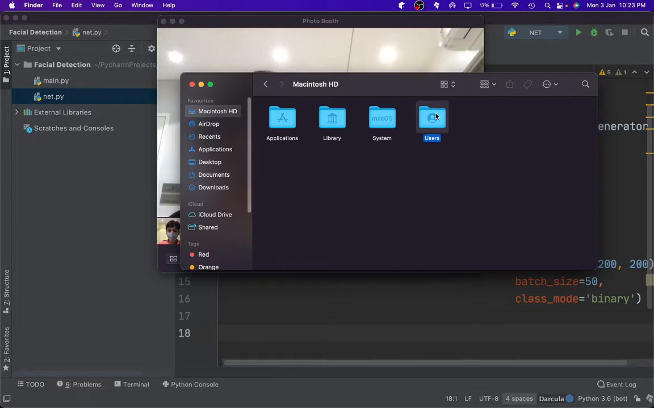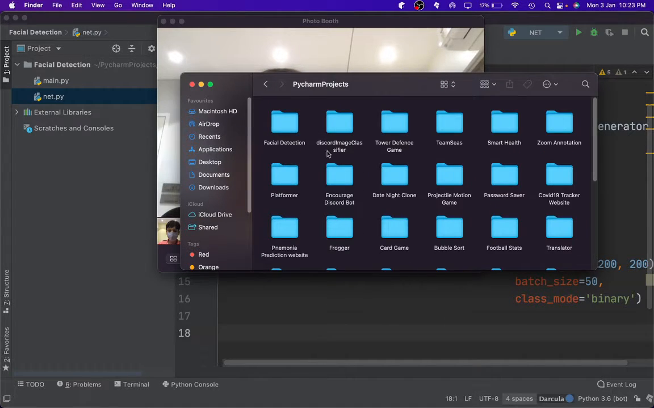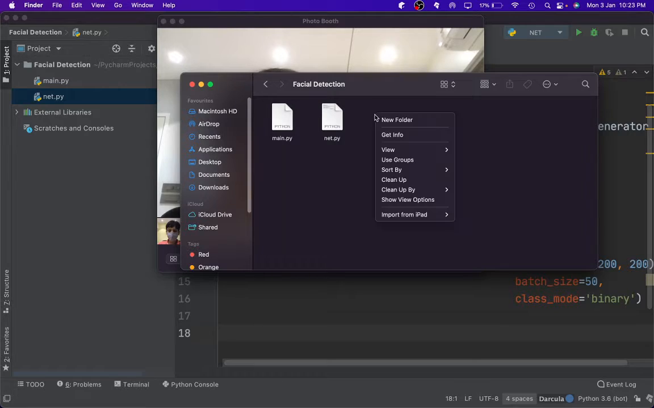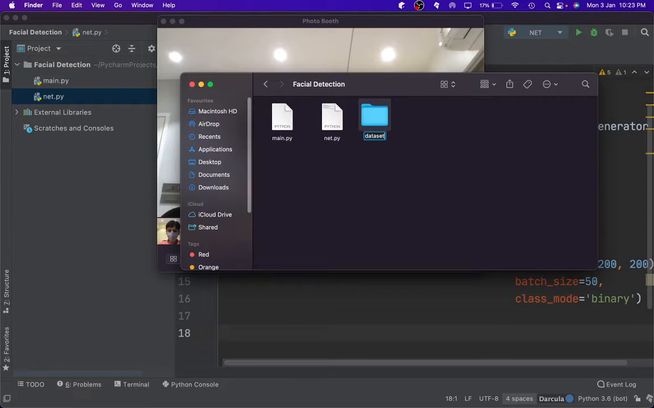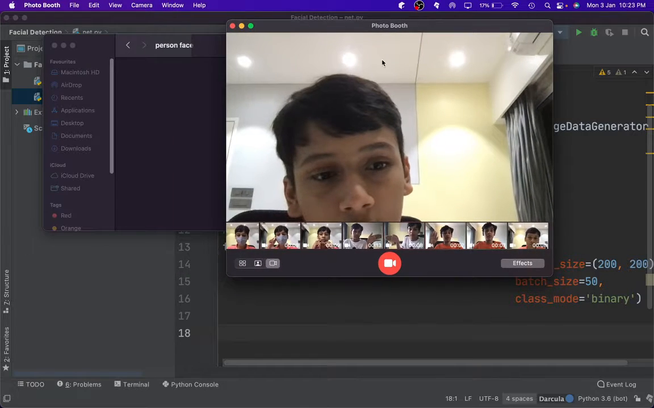video frame splitting. So what I'm gonna do now is I'm gonna go into PyCharm projects, facial detection, and I'm gonna create a new folder called dataset, and I'm gonna create a few folders in it called default faces and person face. Sorry for that. So now I will just open up the person face folder, and I will just drag